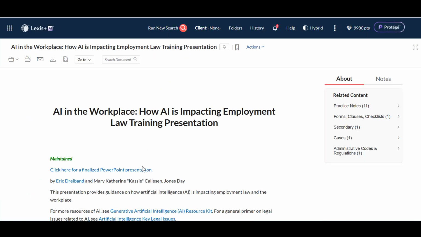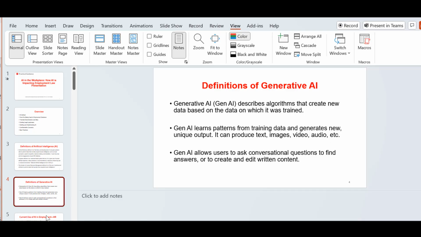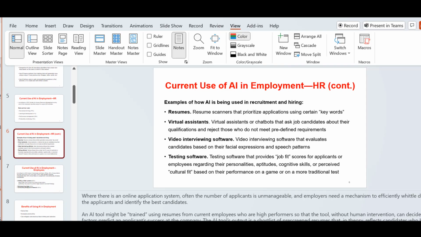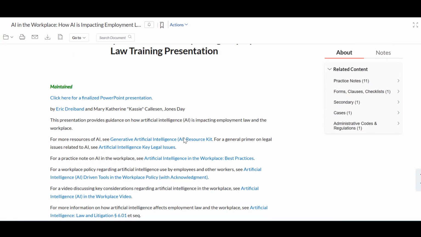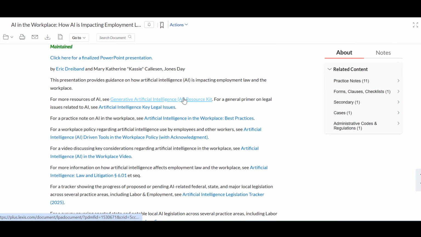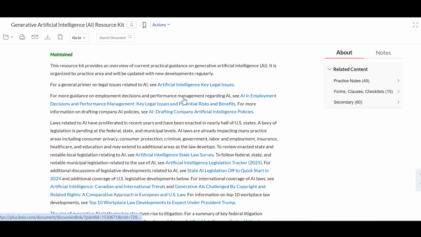At the top of the page, find a link to the PowerPoint presentation. This will open within PowerPoint so you can easily modify the presentation slides or notes to customize it for your course. Going back to the page, find other curated content, including resource kits that contain other PowerPoints and videos, a